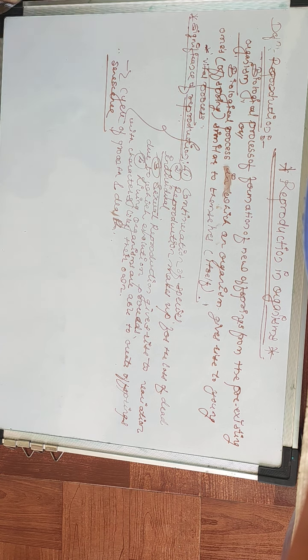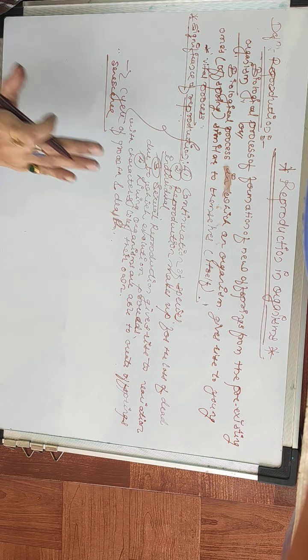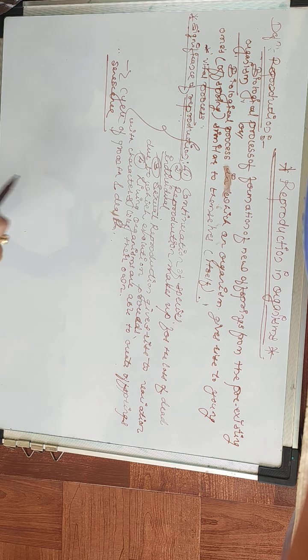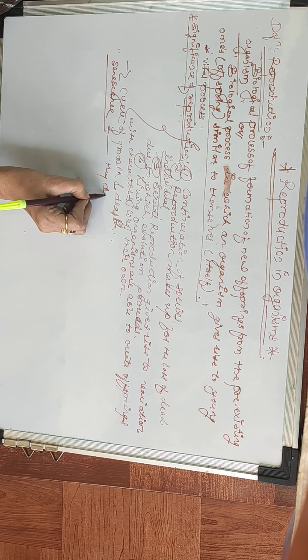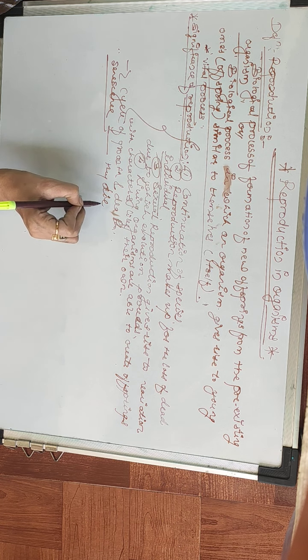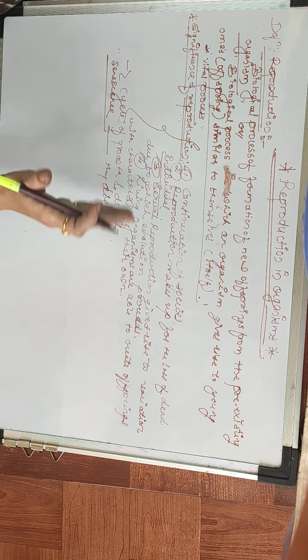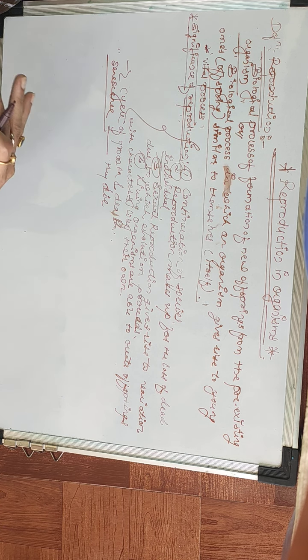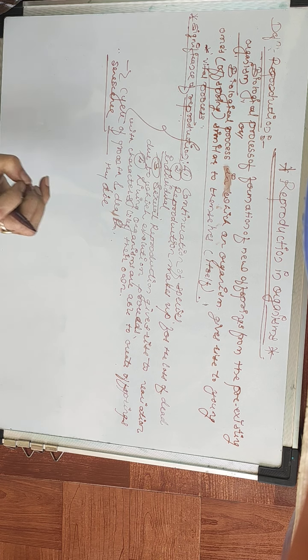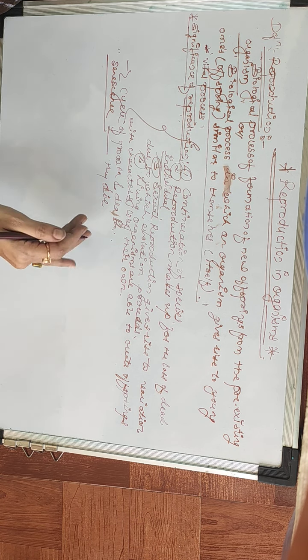Okay, so what I just told you, this reproduction ensures the continuity of species, generation after generation, as the older individual undergoes senescence and ultimately dies. Okay, right? So this is actually the process of reproduction. Now we'll see that each and every organism lives only for a certain period of time,